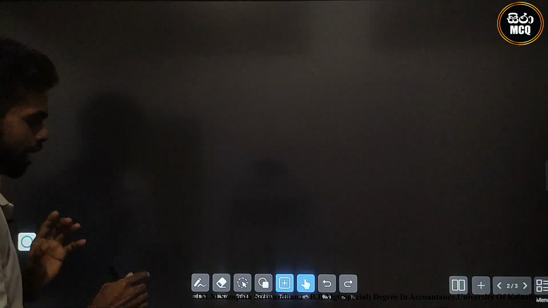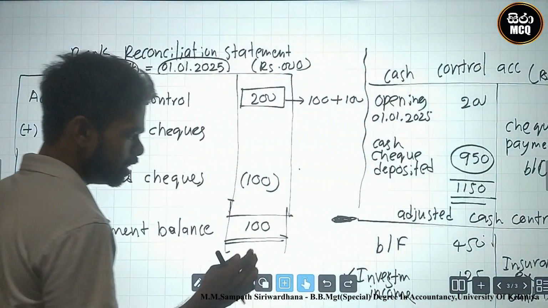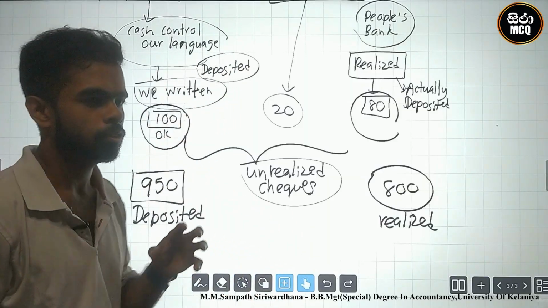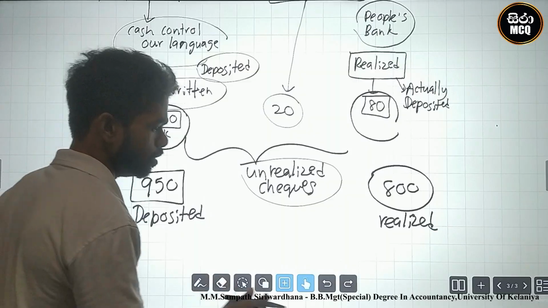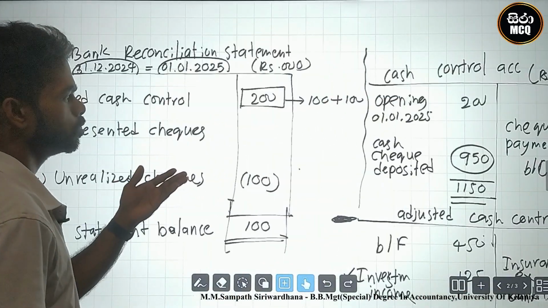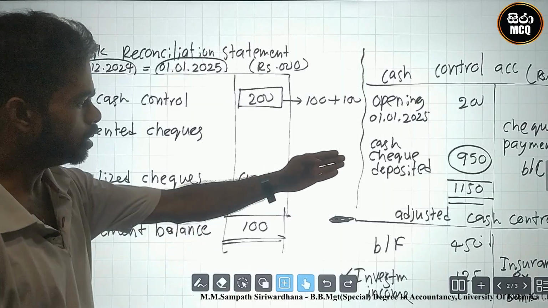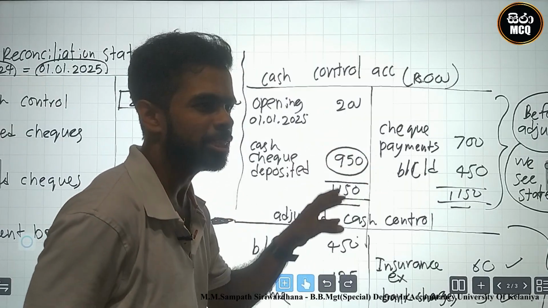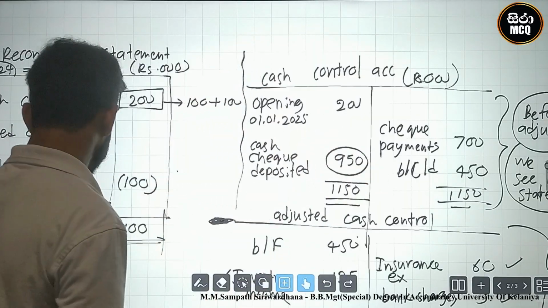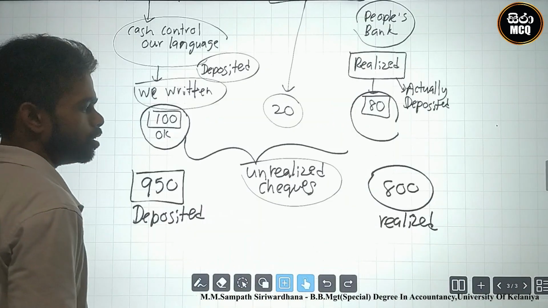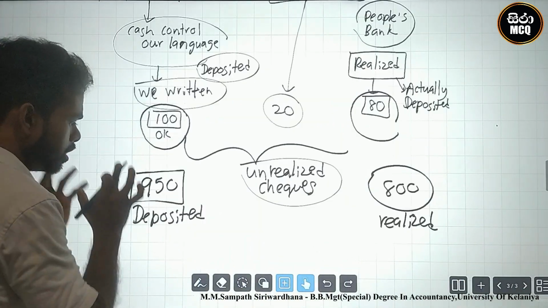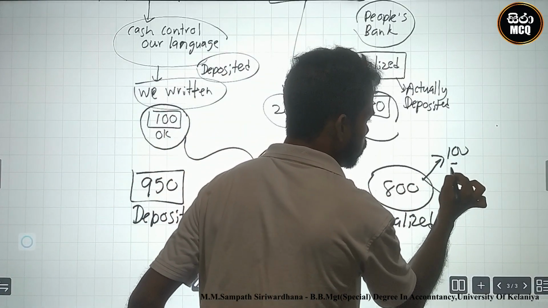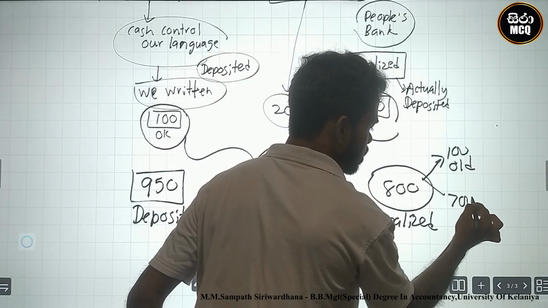Therefore, when preparing, to identify the unrealized check, this is the new deposited. Why? We newly deposited 950. Look here, there is a newly deposited check of 950, our January deposit, new fresh deposited. And look here, this is the fresh deposit, but there's 800, of which 100 is old checks and 700 is new checks.